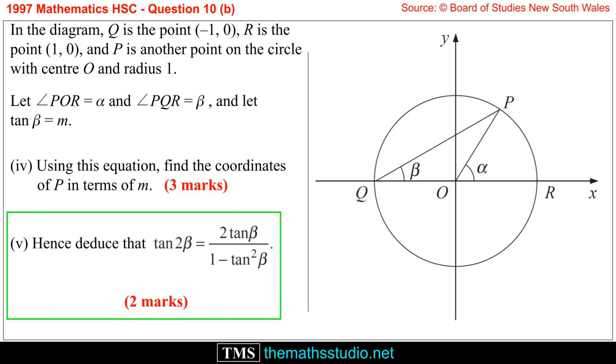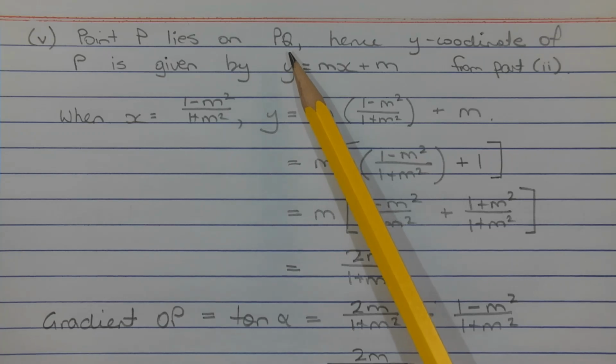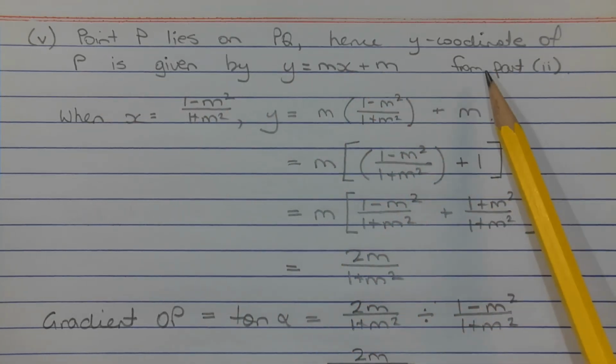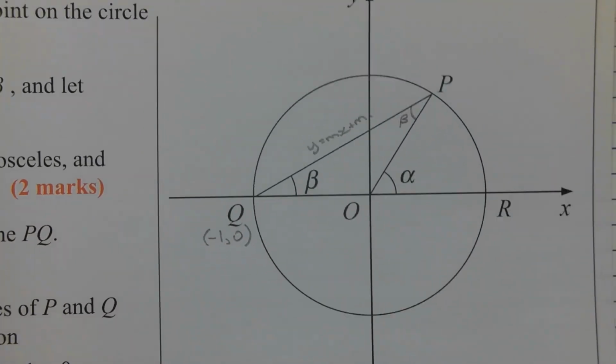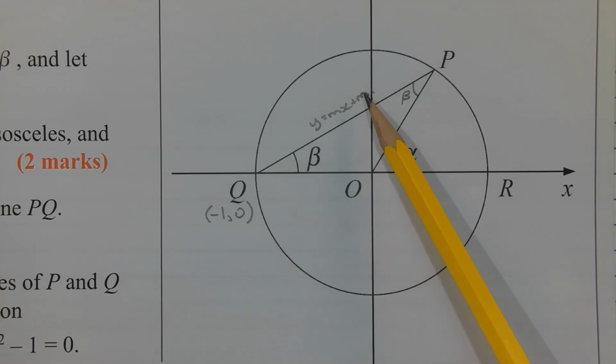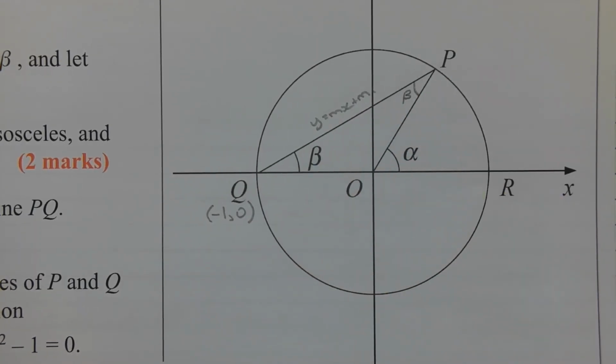Part 5. Hence deduce that tan 2 beta equals 2 tan beta over 1 minus tan squared beta. The point P lies on PQ, hence the y-coordinate of P is given by y equals mx plus m, which we found in part 2. So going back to the diagram, there's line PQ, it has equation y equals mx plus m, and point P lies on PQ. And we found the x-coordinate of point P, which was 1 minus m squared over 1 plus